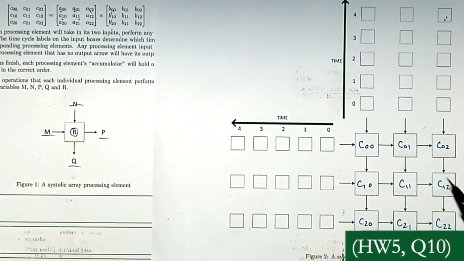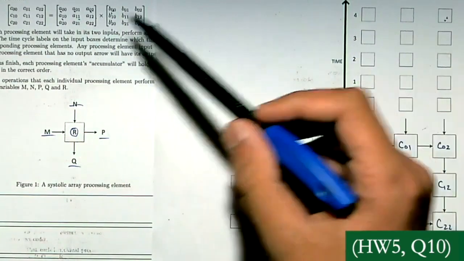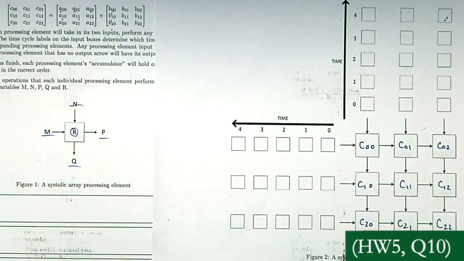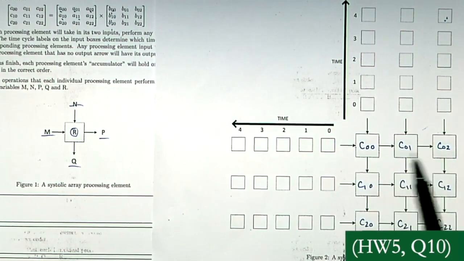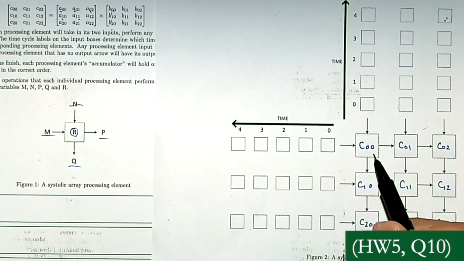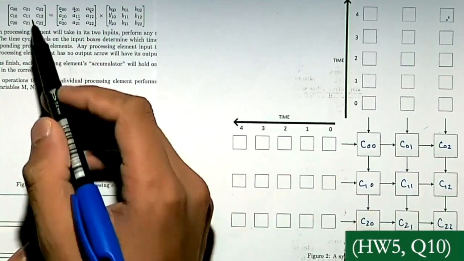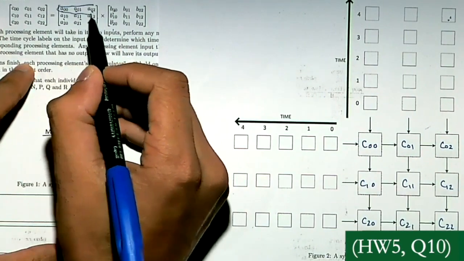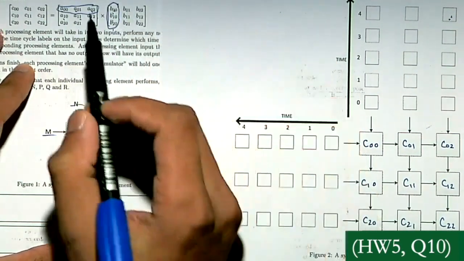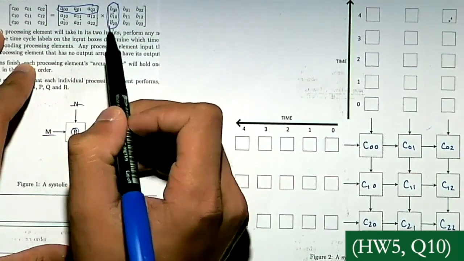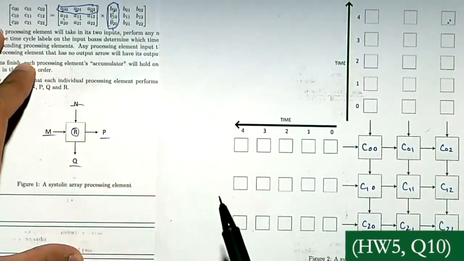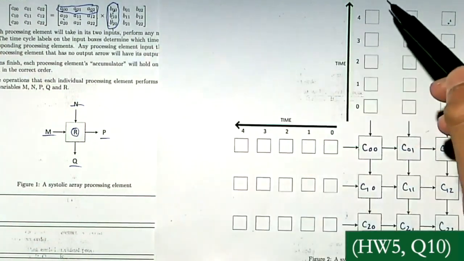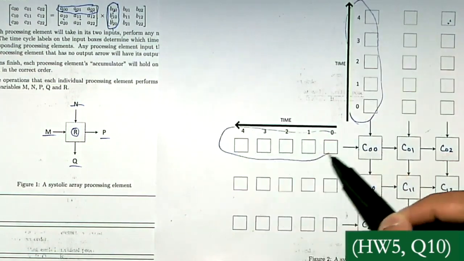But yeah, so basically we want to arrange all these inputs of A and B into these input boxes such that this computation is performed correctly, right? So suppose that because we want the outputs to be like this, we will take a look at the first output, C00. So we know C00 should be composed of the dot product of this first row times this first column, right? And so we want A00 times B00 plus A01 times B10 plus A02 times B20, right? So we somehow need to feed those inputs into this box. So these A and B are going to have to go either here or here and be fed into here